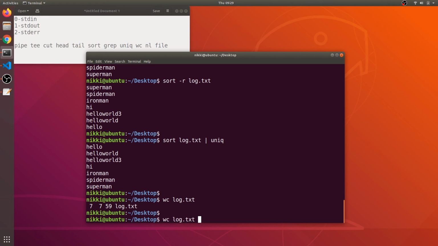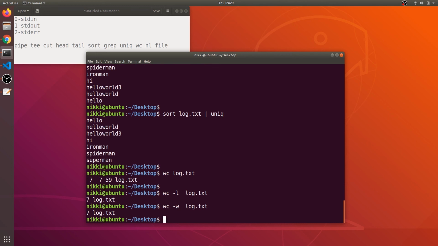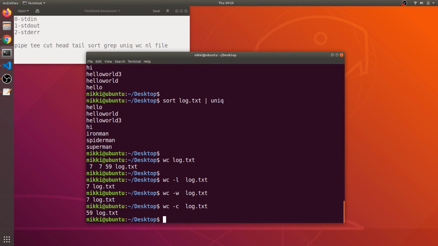So what if I want to get only, say, the line number? I specify -l, and I get only the line count. And if I say -w, I will get only the word count, which is also 7. And if I say -c, the character count, it shows us 59.